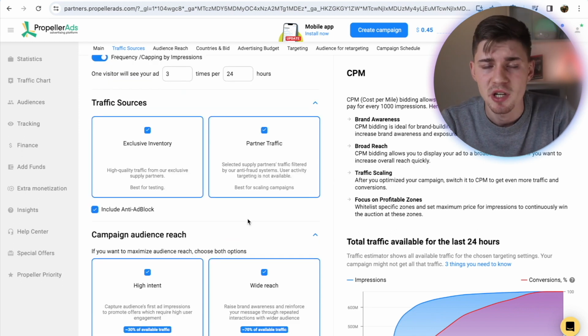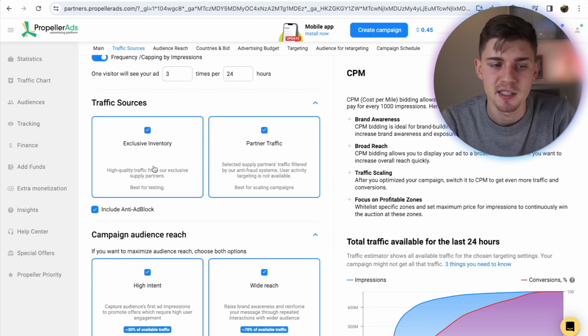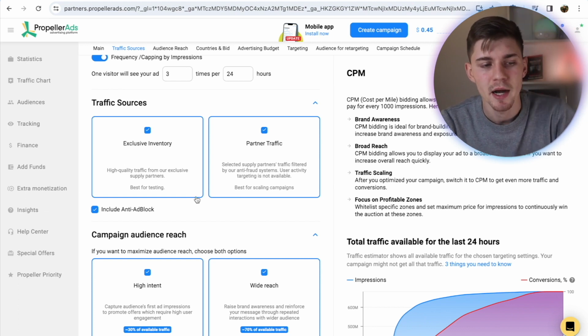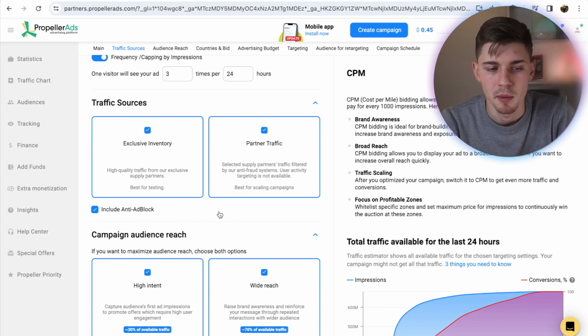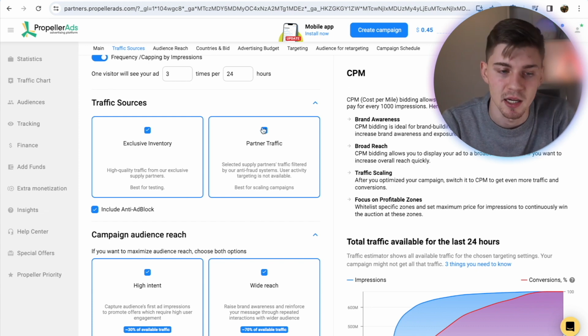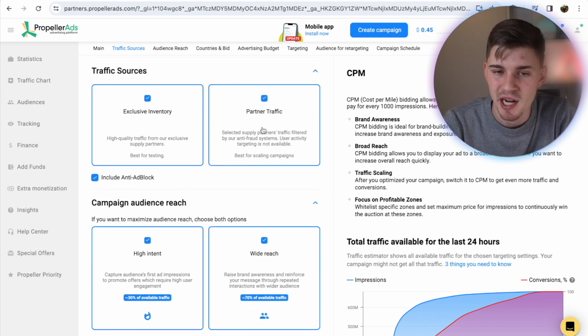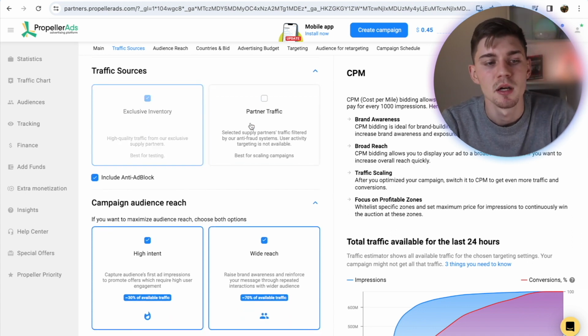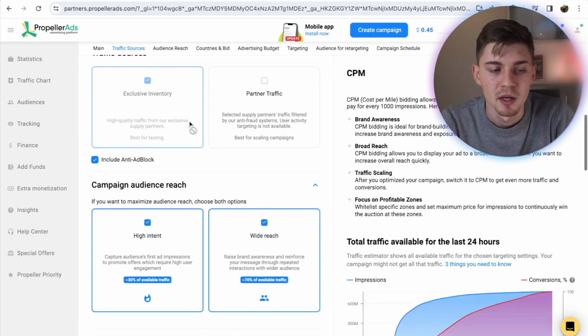Now when it comes down to traffic sources, you have 3 options: exclusive inventory only, partner traffic only, or both. Now, exclusive inventory is high quality traffic from our exclusive supply partners, which is best for testing, and partner traffic is best for scaling. Now, usually when I'm testing a brand new campaign and I have no data or statistics, I usually go with exclusive inventory. You can click on